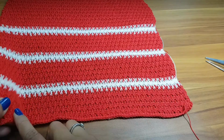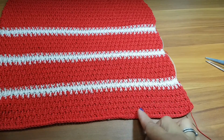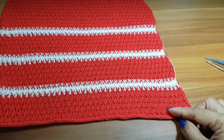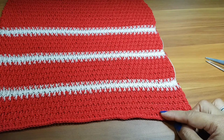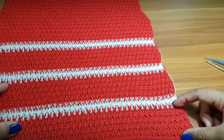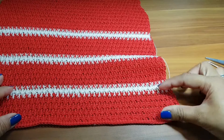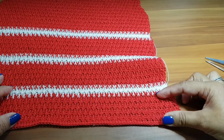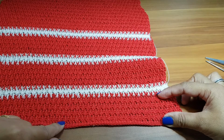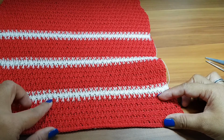We start with the chains, making the chains, and then single crochet, double crochet, single crochet, and then start making the front post double crochet, and then the normal double crochet, and then alternate. And the width, it's up to you how big you want to make it. And this one I make like 11